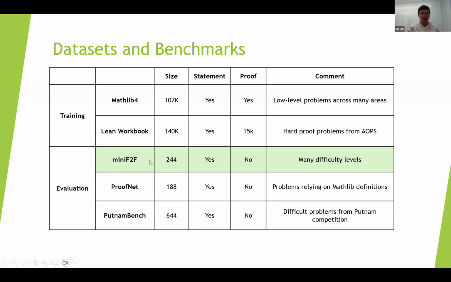One of the very famous ones is miniF2F. Essentially, a lot of models are evaluated on miniF2F, and we will talk about it in the next slides. It contains mathematical problems of a lot of different levels. There are some very difficult ones, and also some very simple ones. And there are also ProofNet and PutnamBench, which we will talk about a little bit later. PutnamBench basically consists of problems from the Putnam competition in America, which are considered challenging mathematical problems